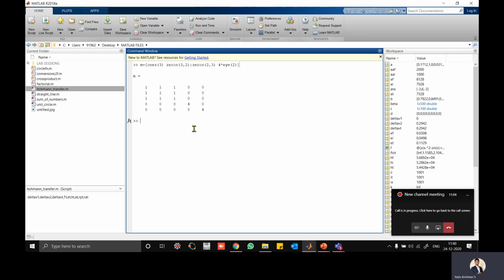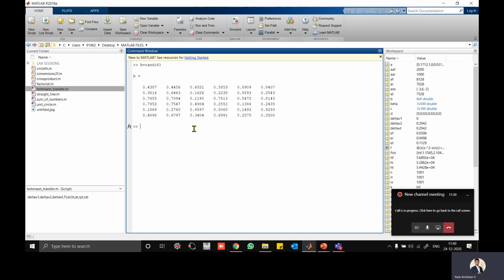So now another way, reshaping the matrix. Reshaping the matrix is very simple. Let's take another matrix I'm creating. It is very easy to use random, otherwise every time you have to type the entire matrix. So I can have a random matrix of 6 by 6. I'll make a random of 6, so I'll get a 6 by 6 matrix.